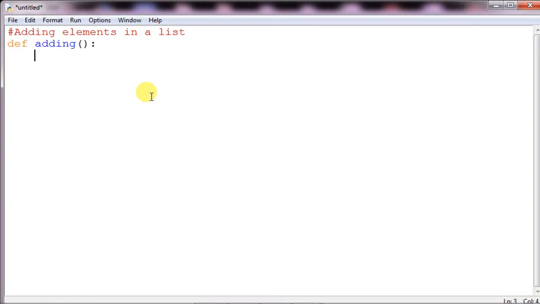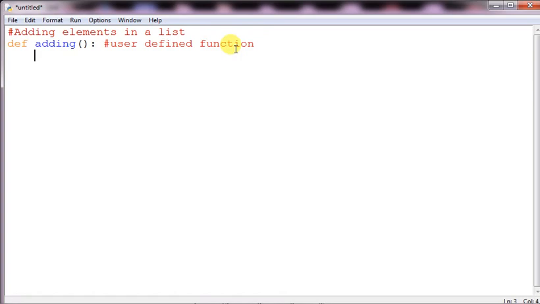I have shown you the function a few days back, how to refer to a function. The def adding means define adding as a user defined function. This is called a user defined function. So this command we are creating.